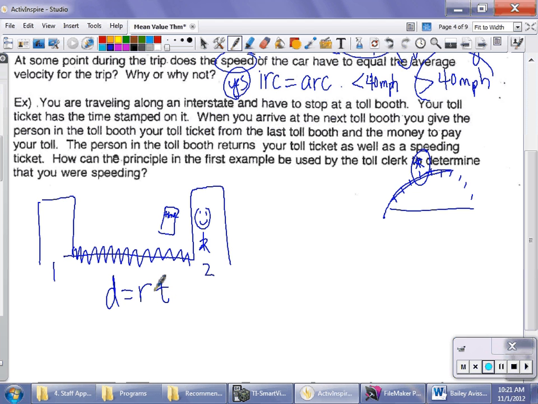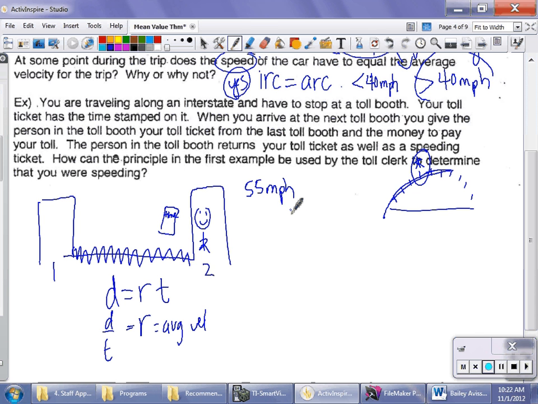And if they know your time, they can figure out your average velocity by dividing distance by time. So let's say that the speed limit is 55 miles per hour. Well, if your average speed or average velocity is 55 miles per hour, then you had to be speeding because you had to go higher or greater than 55 miles per hour. So yes, it technically is possible that they could use this principle to determine whether or not you should get